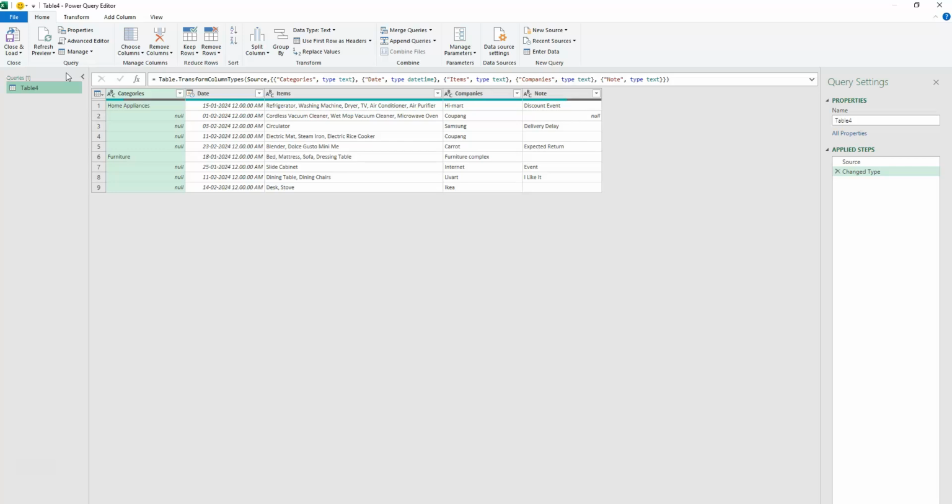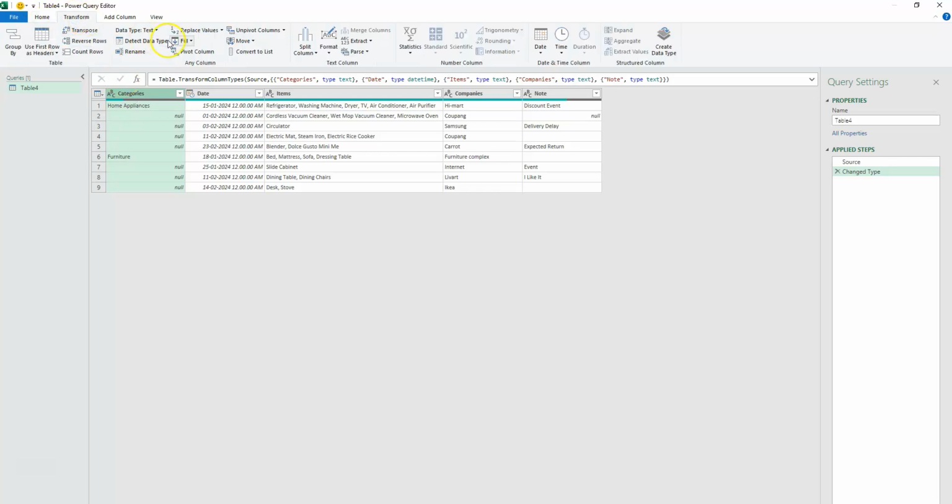Now, as an Excel user, if you know Power Query, you know that every step we do in Power Query automates the process very well. So in future, if our data increases, that will give you an advantage. In the first column, for categories, we will use the fill down option. That is available in the Transform tab. We will click on Fill and Fill Down.